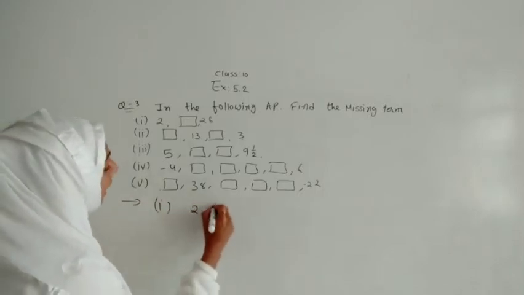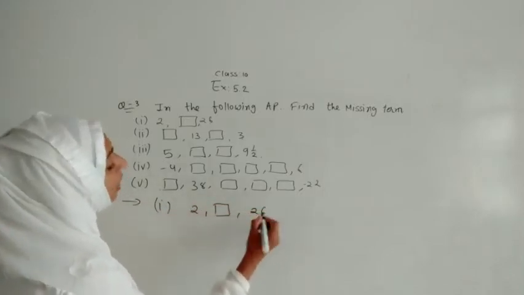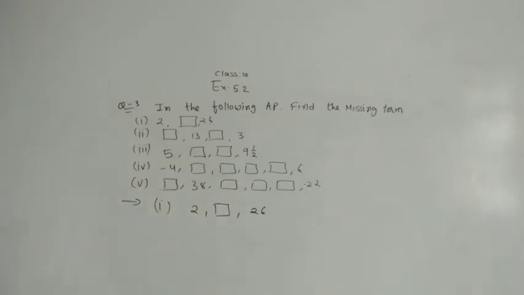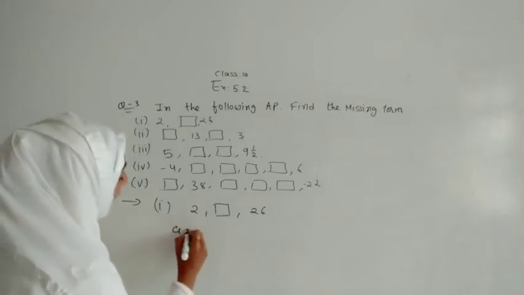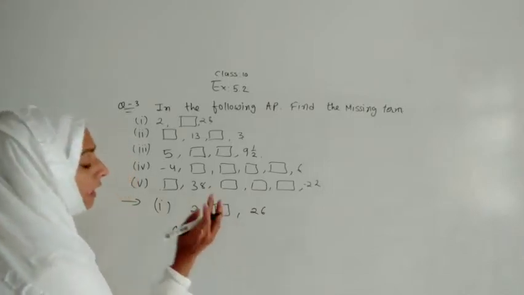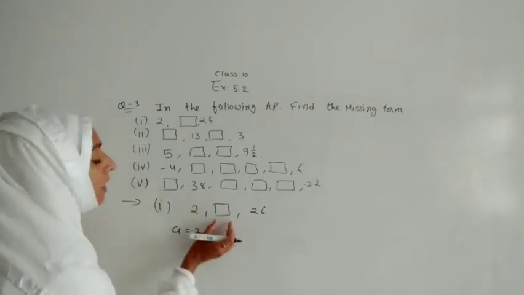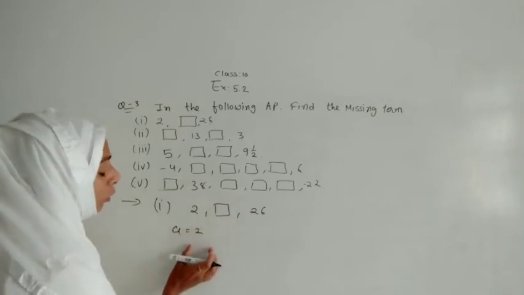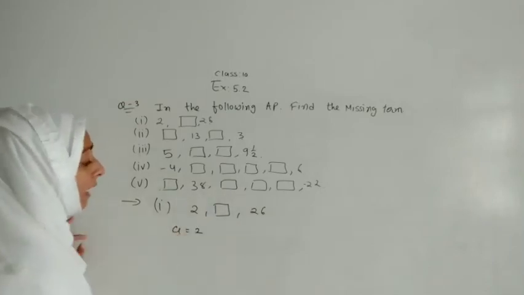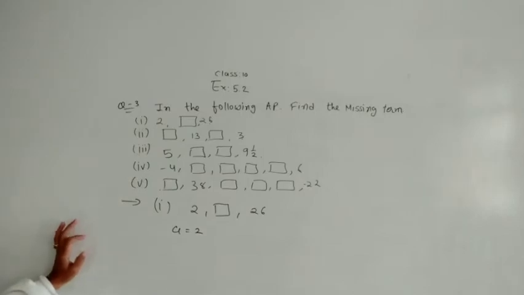Here 2 is given, the second block is empty and the last block is 26. So here we have the most important question, that we have A as 2 but we do not have D. Why is D not there? Because the second term is not there. We are doing A2 minus 7, then only we are getting D. So here the second term is not there, then how will we get that D?